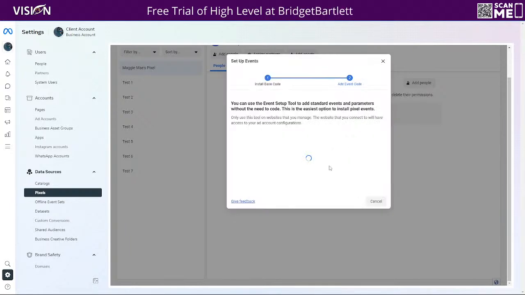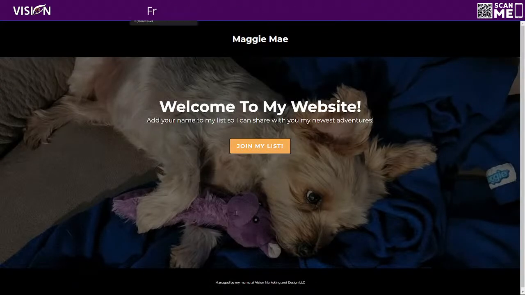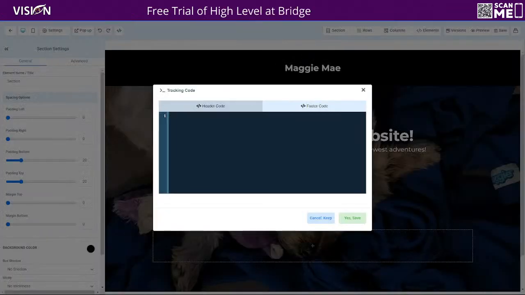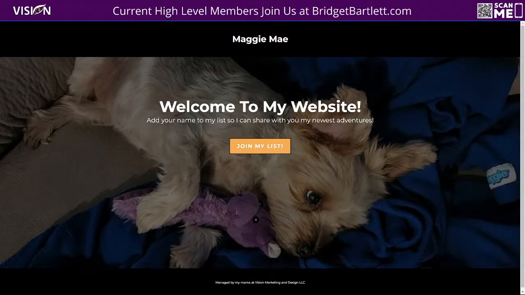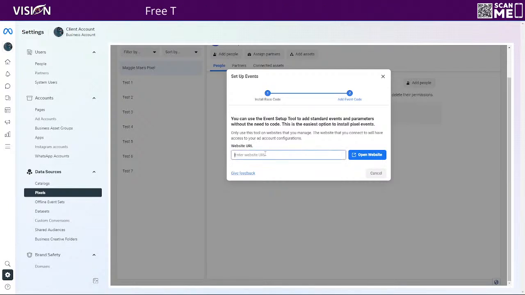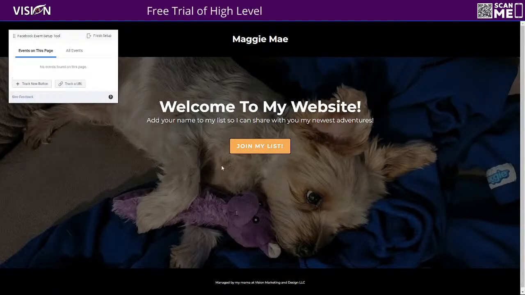So I'm going to click here now, and we're going to move through the steps. So we've installed the base code, and now it's going to load so that we can test out our website here. So I'm going to go back now and grab my link. Let me close some of these windows here. I'm going to grab the link to my Little Miss Maggie May's funnel, go back here and paste it into the field. So I'm going to click here to open up the website, and you'll see now it's opened up the website, but